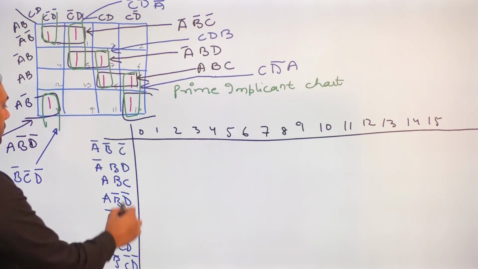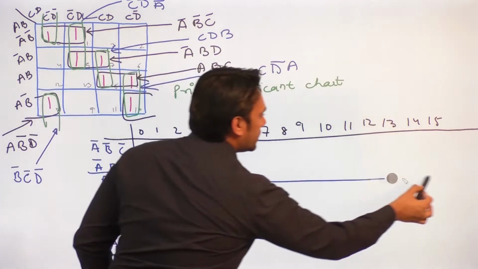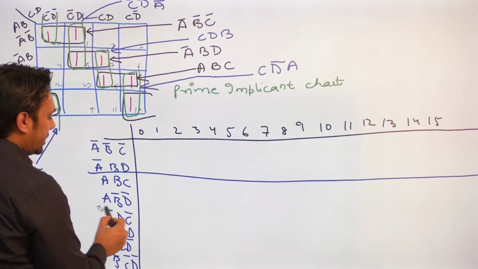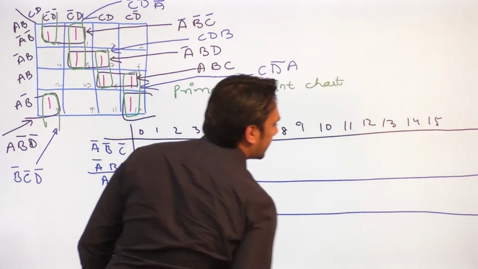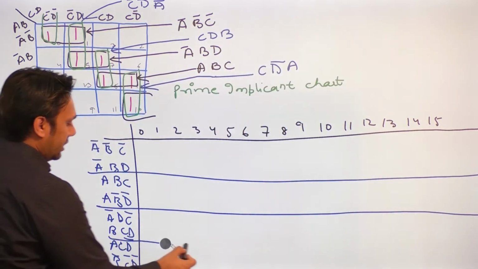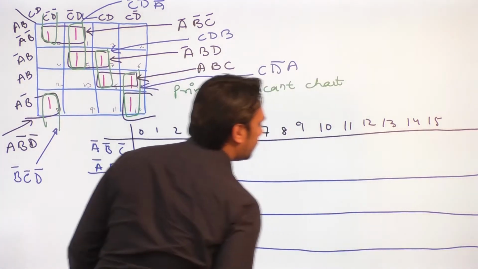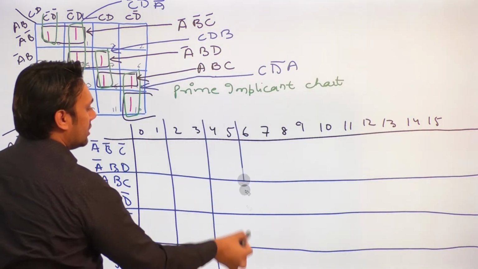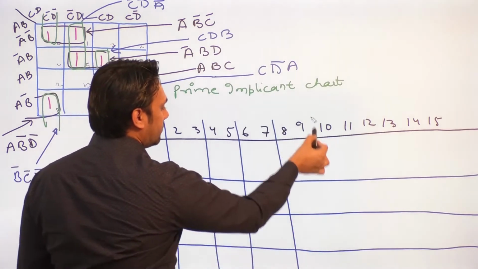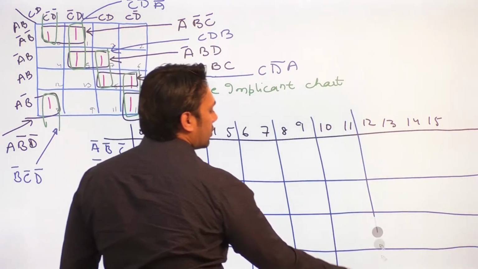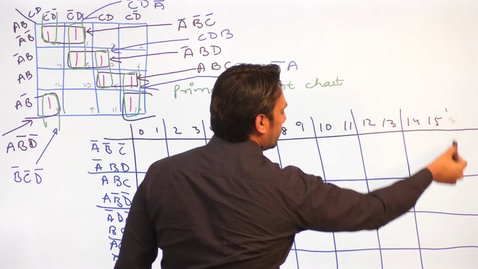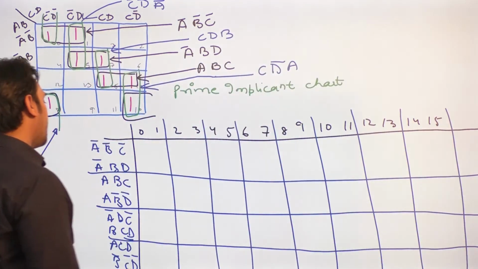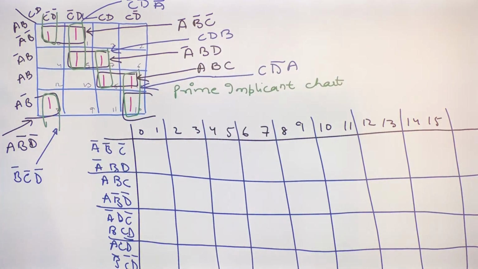Okay. And now I'm going to just put some lines here so that it will be easier for me to understand. For that reason, I'm going to divide this into tables, or you can say rows and columns like this, so that it will become very easy for me to fill this table. Okay. Now let us look at each one of them.